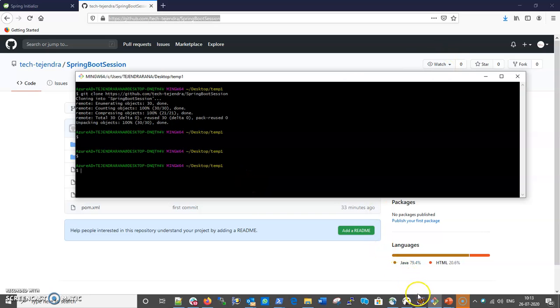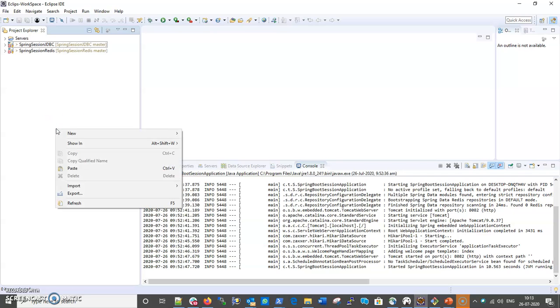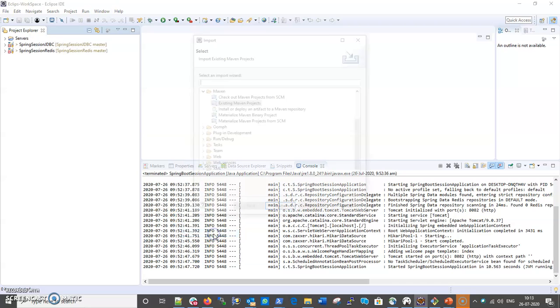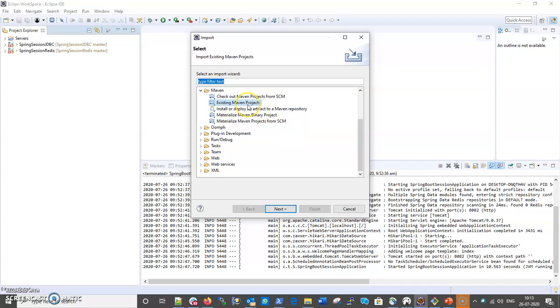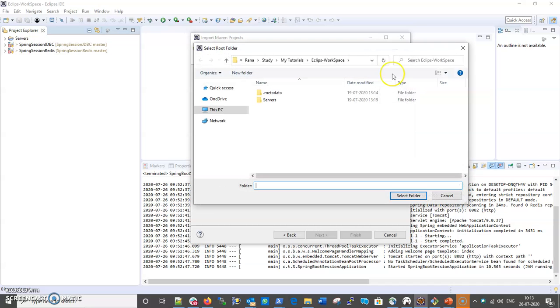Now we will move to our Eclipse. Here, let me import the code into an Eclipse project. It is a Maven project, so let me use the existing Maven project option, giving the location of my pom.xml.